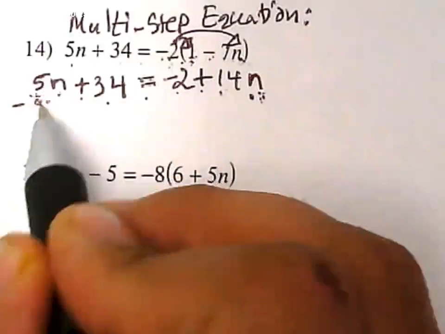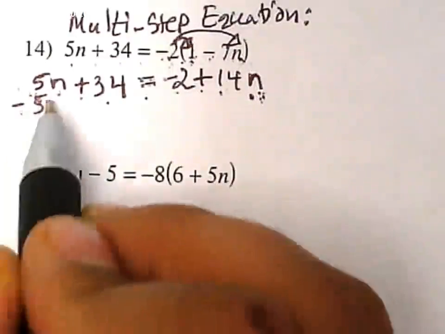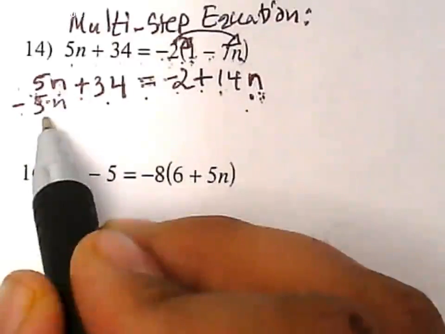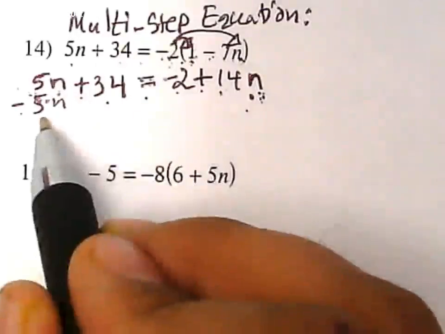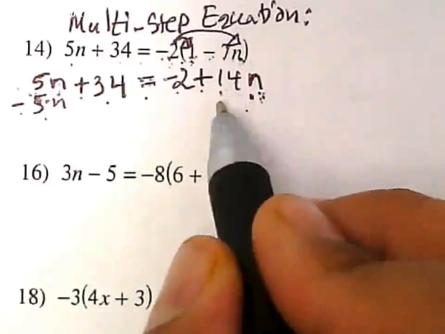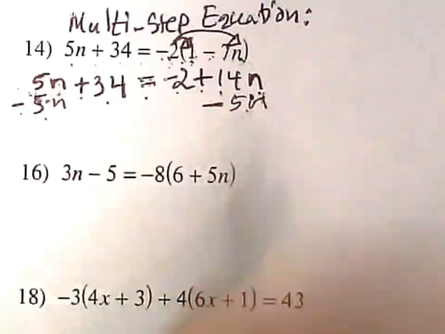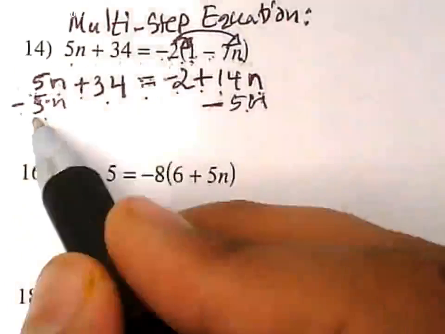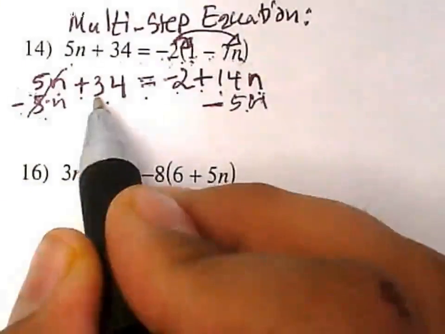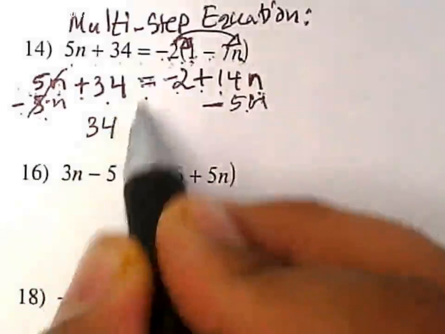It's easy to move. This is positive 5n, so you do the opposite operation, which is negative 5n. So you subtract 5n from both sides. When you subtract 5n, you need to subtract 5n from the other side of the equation, which is underneath the 14n. I'm going to write it here, minus 5n. So 5n minus 5n, they cancel each other. You are left with 34, which is positive 34. You don't have to write the positive because it is positive. 34 here, equal